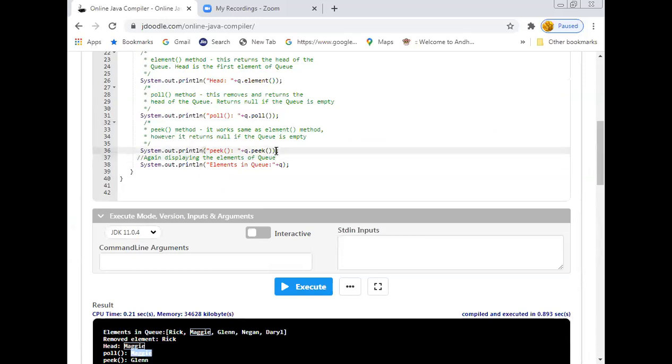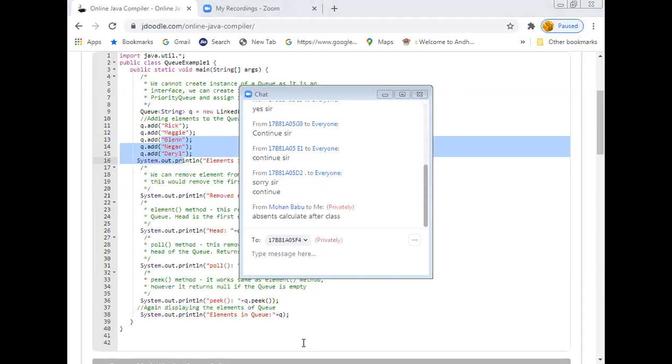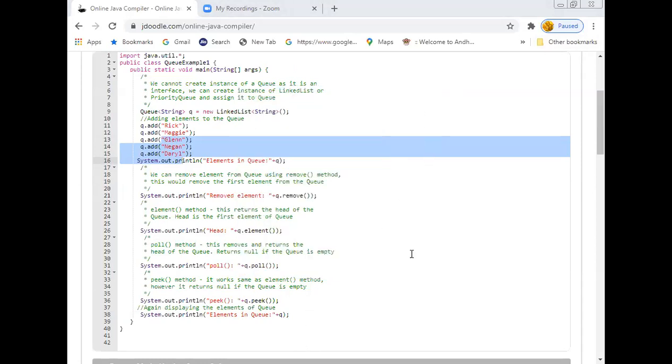And after that, System.out.println queue.peek. The peek method always displays the element which is present in the head position, which is similar to the element method which we have seen previously. The difference between this one and that one is that the peek method will return the null value if the queue is empty. In the present case the queue is not empty, because we still have 3 more elements present in the queue itself.